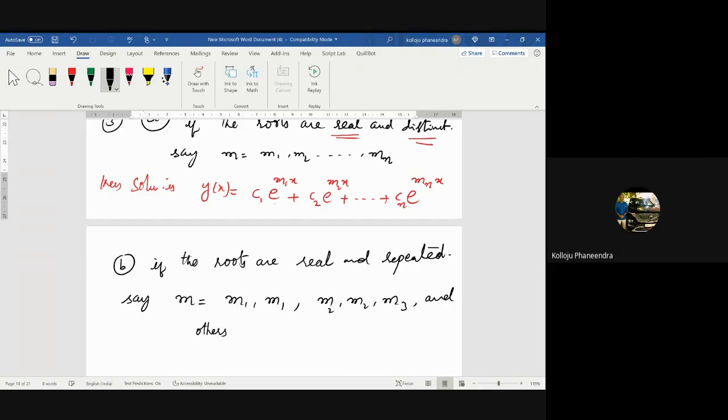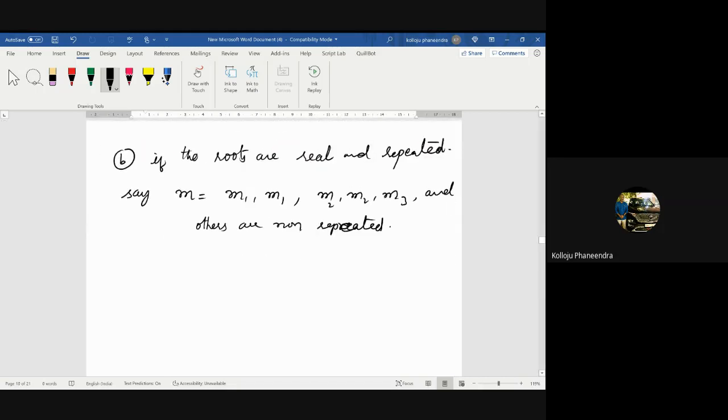So some of them are repeated, and others are non-repeated. Then how to write the solution? Then the solution is